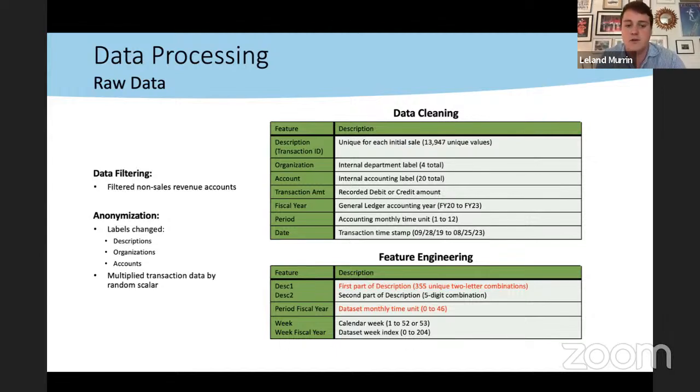And then I multiplied all the transaction data by a random scalar that I'm keeping secret as well. So everything is completely anonymized. For feature engineering, a couple of different features that were really important are derived from description, particularly the transaction ID. As I was doing EDA, I noticed that the first part of the description transaction ID was persisted across multiple accounts and had only 355 unique 2-letter combinations. So I broke that apart from the other part of description to be able to analyze it